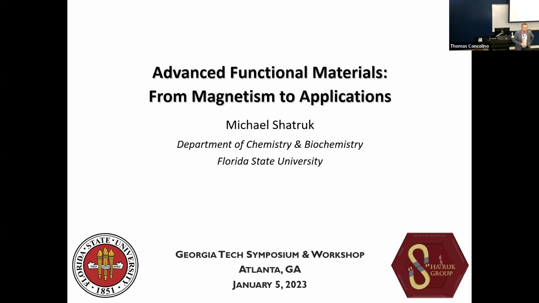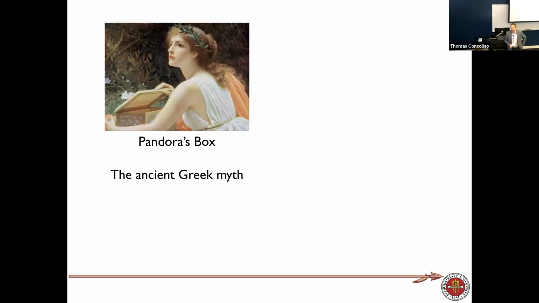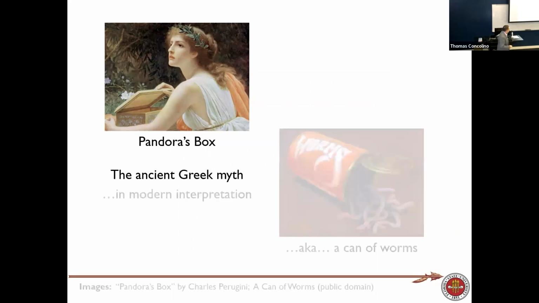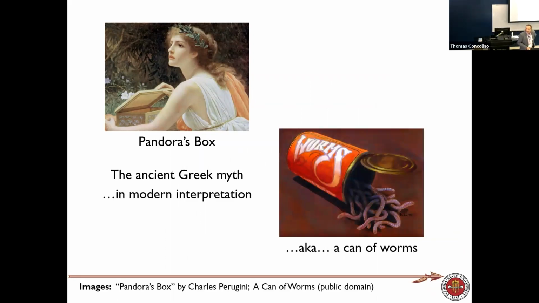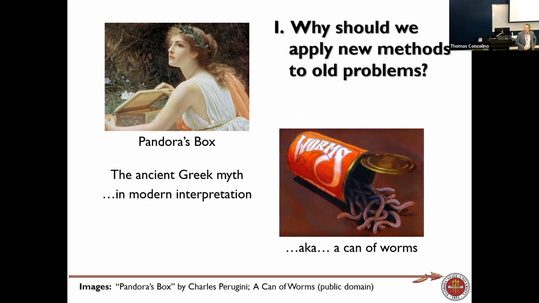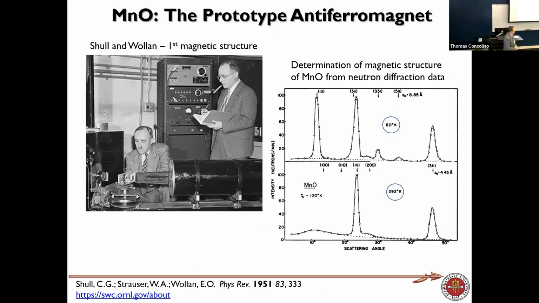So I'll tell you two short stories. And the first story will be about the story of Pandora's box, which in a modern interpretation is called a can of worms. And the moral of the story is trying to show why we should apply new methods to old problems. Sometimes I think we go to new things all the time. We don't look back at the older materials. It could be very interesting if we look carefully at that. Of course, we have new methods that can really open some things that we haven't been able to identify 20 and 30 years ago. One of such old materials is manganese oxide,